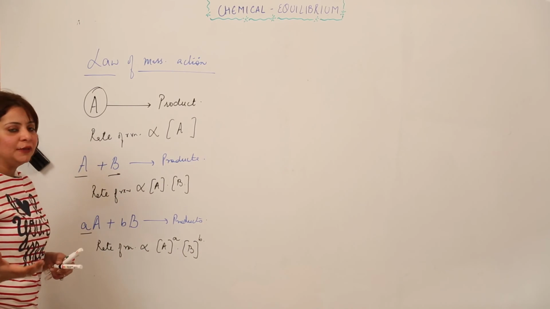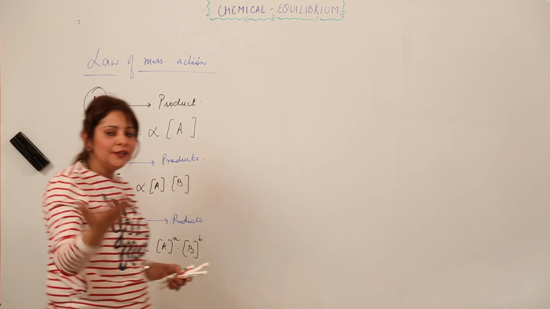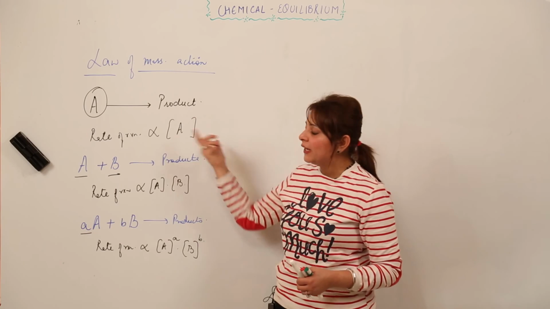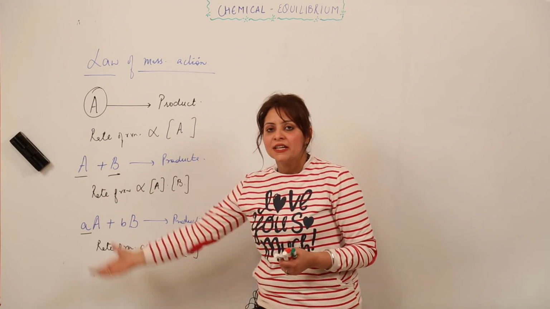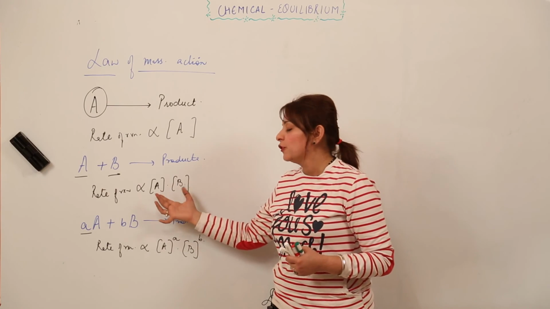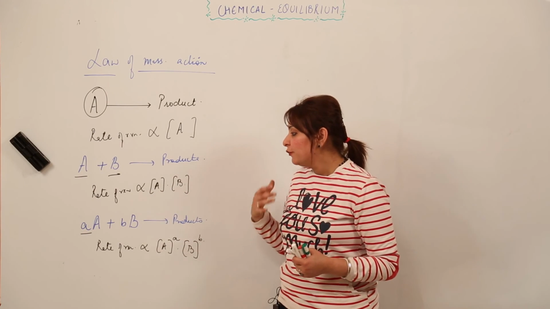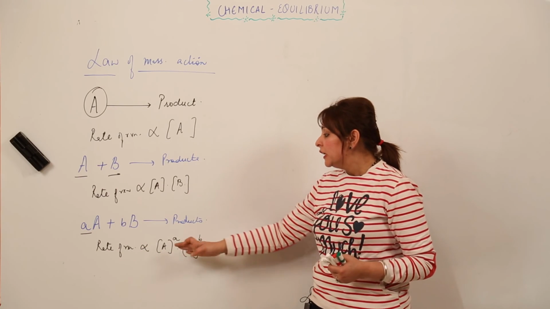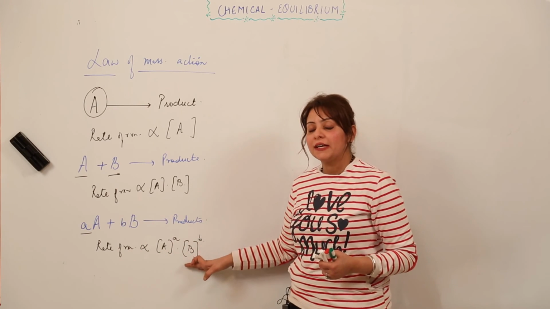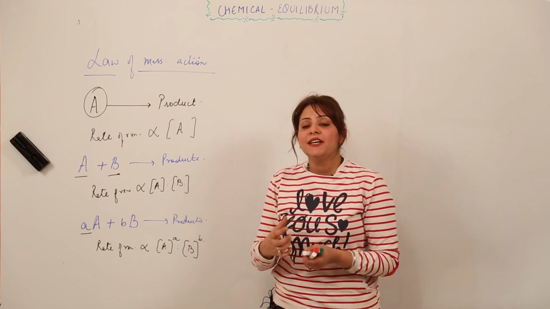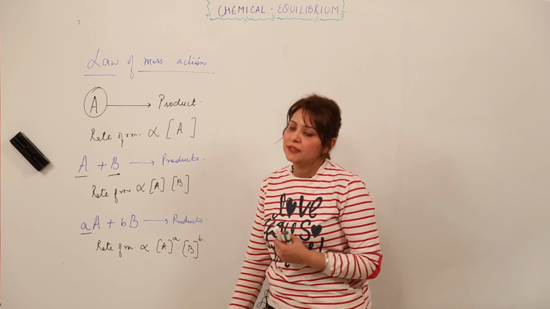So this is so simple. See how you have to write. If you have one reactant, the rate is going to depend on the concentration, or you can say the active mass of that reactant. If you have two reactants, the rate of reaction is going to depend upon the product of the active mass of both the reactants, right? And if we have the moles also along with it, the rate of reaction depends upon the product of the active masses of the reactants raised to their respective stoichiometric coefficients, or you can say raised to the respective moles which are present in the reactant.